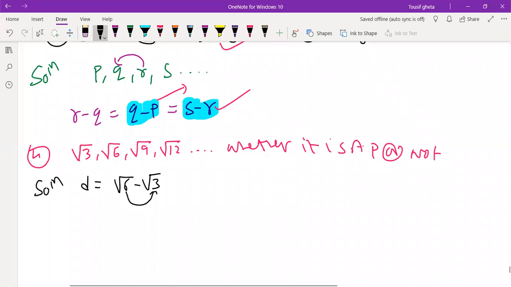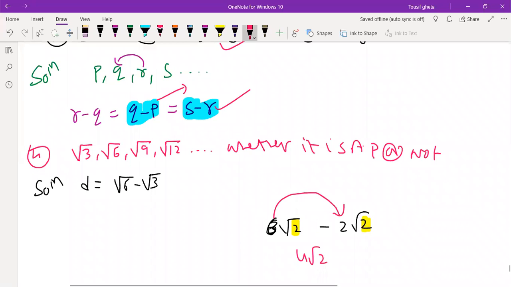If they gave here 3 root 2 minus, here 6 root 2 they gave, minus they gave 2 root 2. If this root 2 and root 2 is same, then we can subtract. That too we can subtract only the coefficient. 6 minus 2, 4 root 2. If this number is not 2, if this number is 3, then you can't do anything. You can't do anything. You understood?